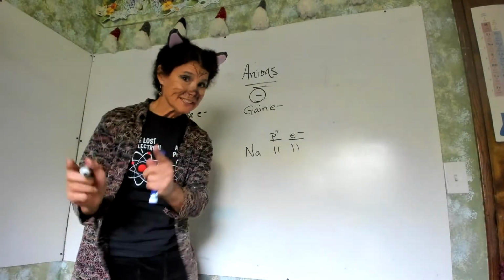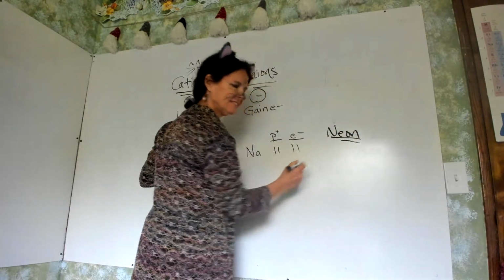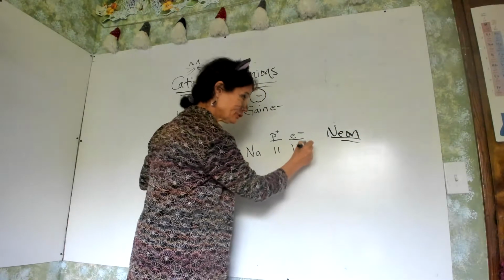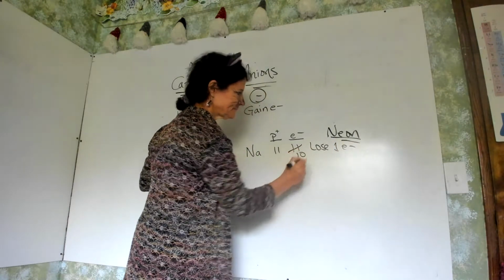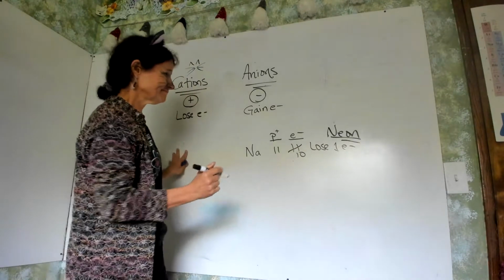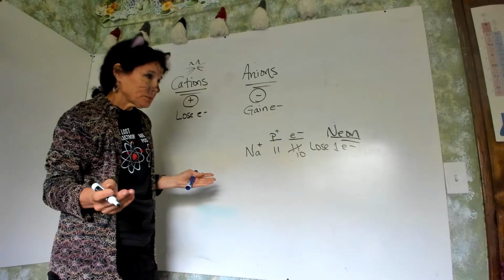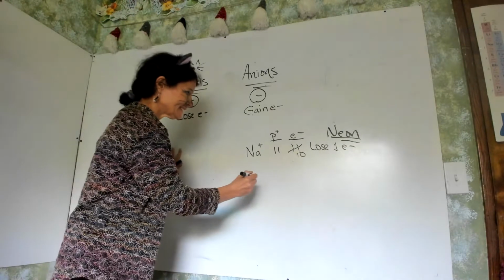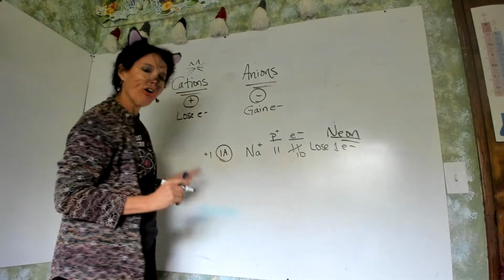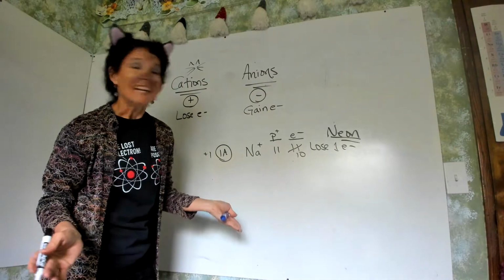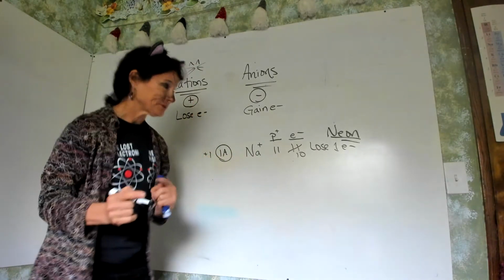So the nearest noble gas is neon. To become like neon, it has to lose one electron, so it becomes 10 electrons. When you lose an electron, you show a positive. So we just say +1. In fact, all the 1A's are going to be a +1. All of them. It turns out that's what they have in common. Now, Mendeleev put them like that because they had similar chemical reactivity.